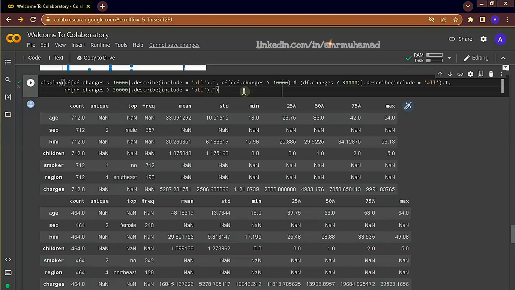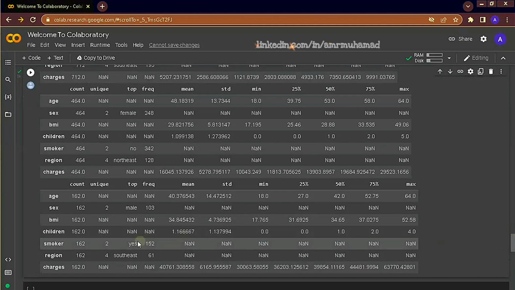Okay, first there was no comma and I added a closed bracket by mistake. So let's see the last portion of customers. We already know that smokers is actually causing this, so let's look directly at the smoker composition. We see here that the top frequency of customers are smokers, almost 49%. Almost 49% of this portion of customers are smokers, so this is actually what is causing the increase in charge.